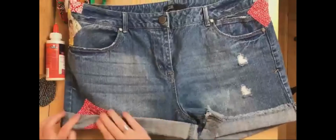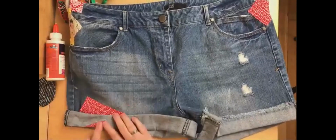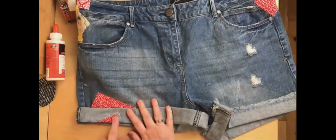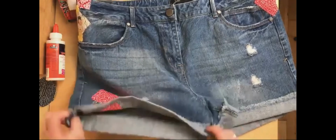And in case I do, that's why I have this one that was on the inside, because I think it looks cute that you can see it with this other patch here. So there are so many opportunities to have fun with it. I showed you the